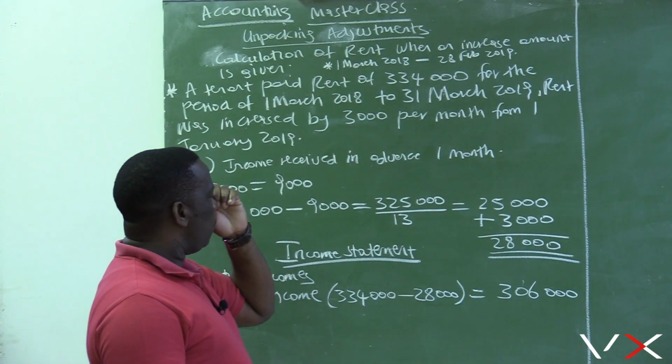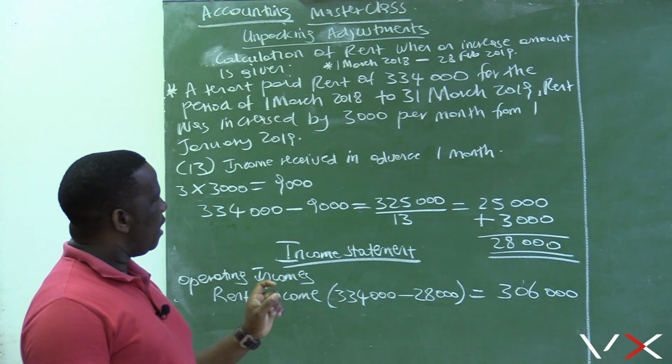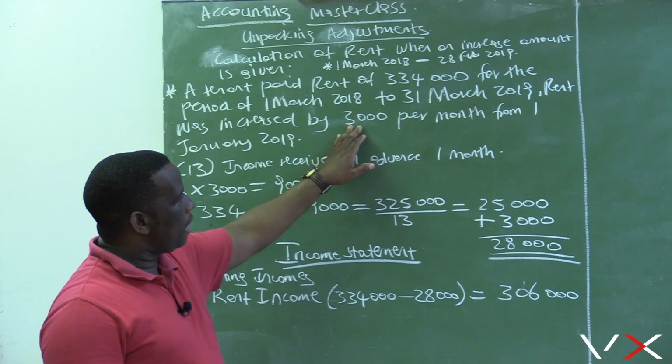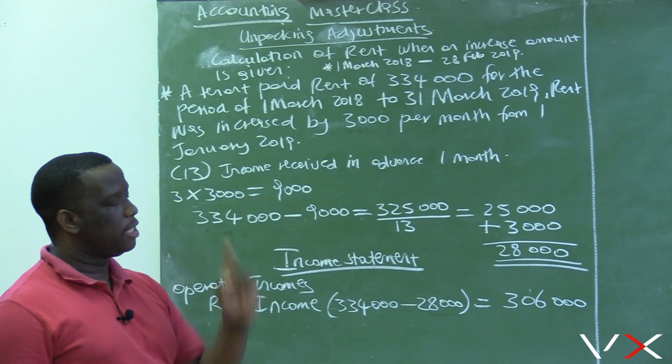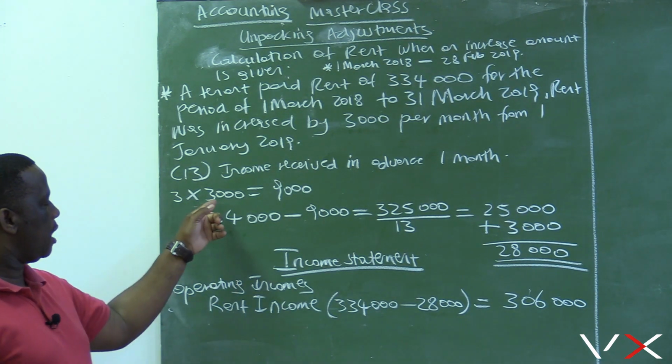Just to emphasize a few things before we close this, it is important that when rent has increased during the year, you need to be able to calculate the total amount for the increase. In this transaction, the increase started on the 1st of January up to the 31st of March, so that is January, February, and March. So the increase is only for 3 months, and it's 3,000 per month. So 3,000 times 3